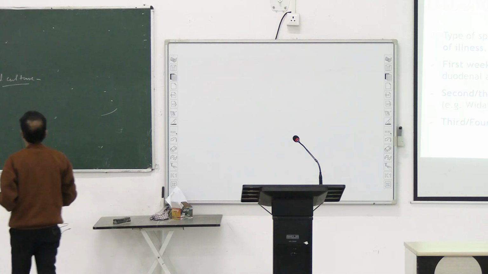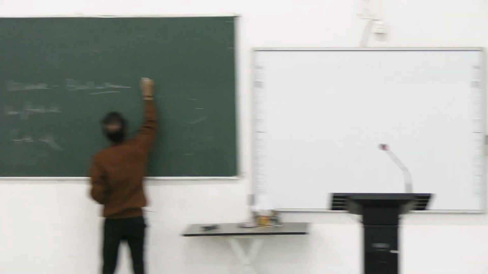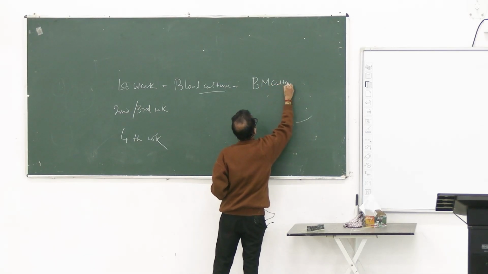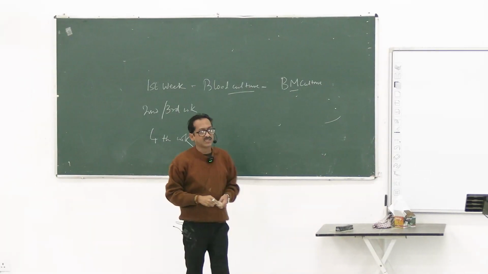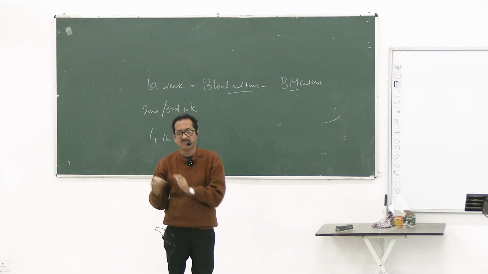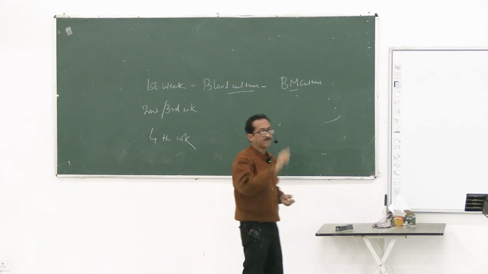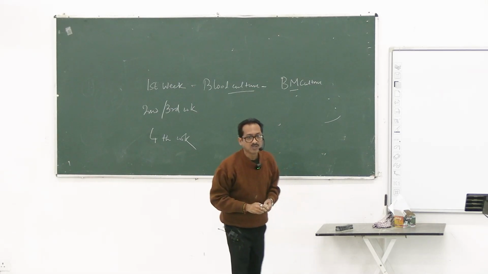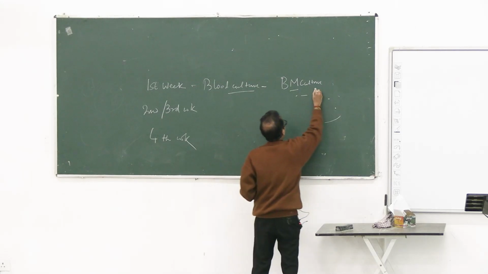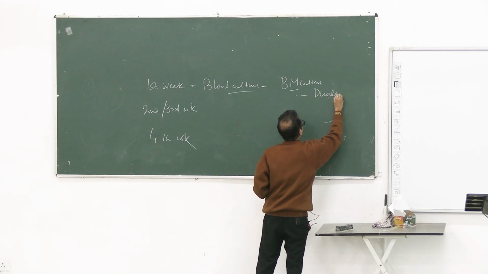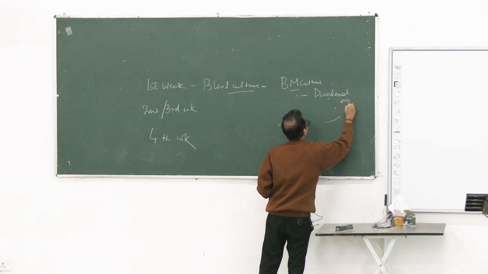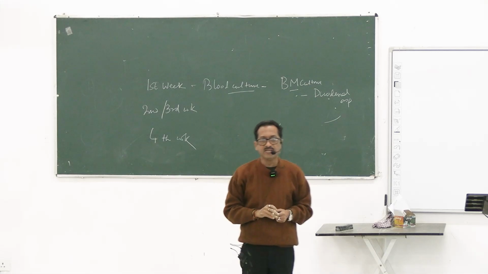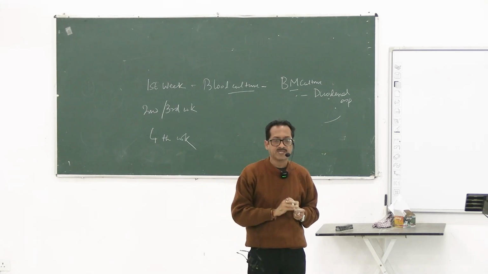And blood culture, if it is negative, we can go for bone marrow culture. Though not routinely done, theoretically we can culture the bone marrow, which is more sensitive than blood culture, because I have mentioned after primary bacteremia, along with the liver and spleen, it spreads to bone marrow also. Next is duodenal aspirate culture. So first is blood culture; if it is negative, we can go for bone marrow culture, and then duodenal aspirate culture, in the first week.